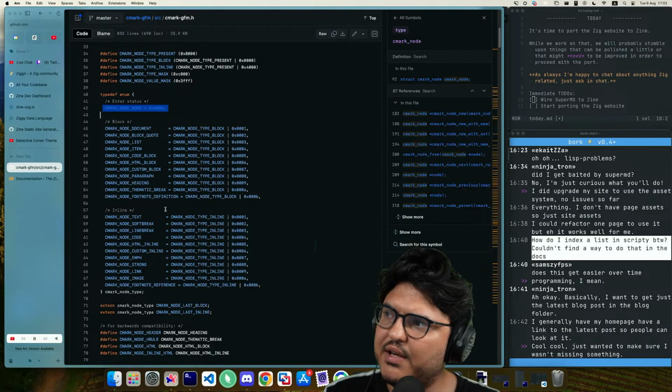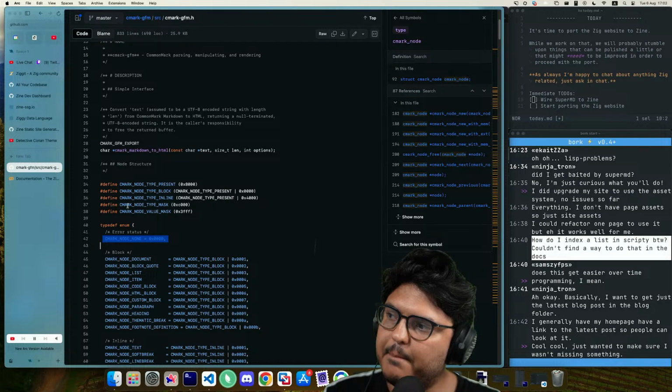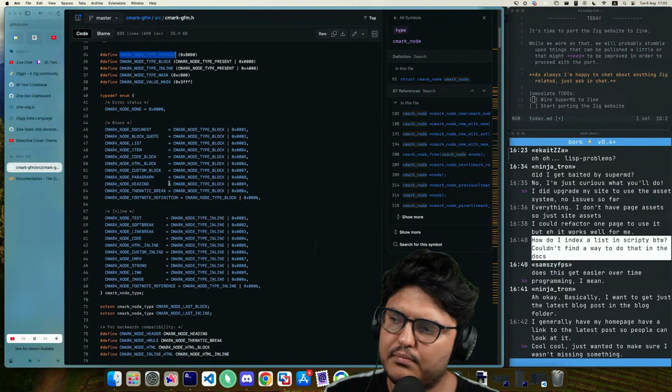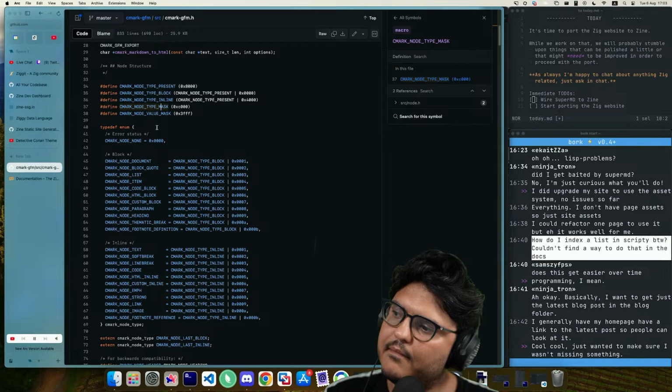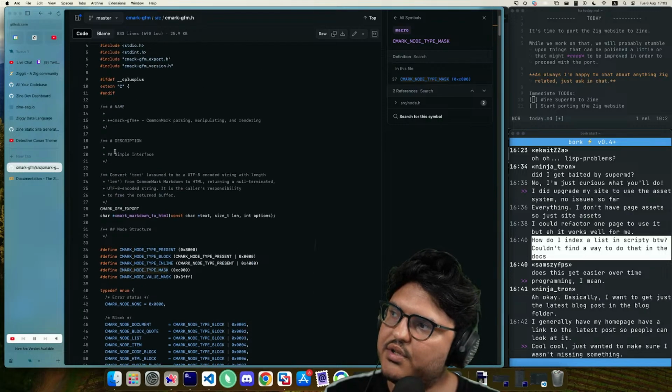Alternatively, we should give it a CMark node type present, CMark node type mask, value mask. So here's what we can do.